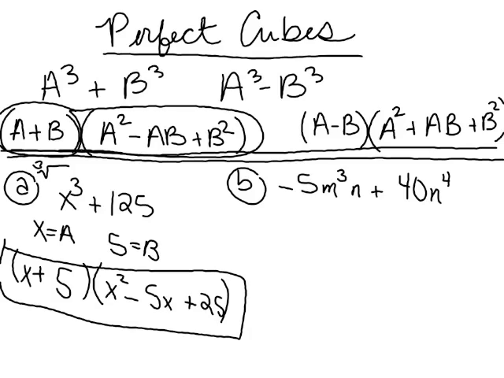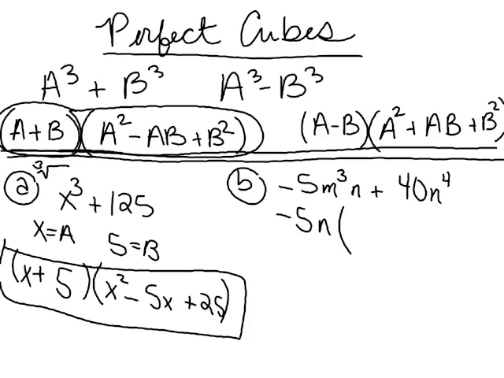So I probably need to factor something out first. 5 is definitely not a cube of anything, so I probably want to pull out a negative 5. Is there anything else that's similar between those terms I can pull out? An n. So if I pull out a negative 5n,